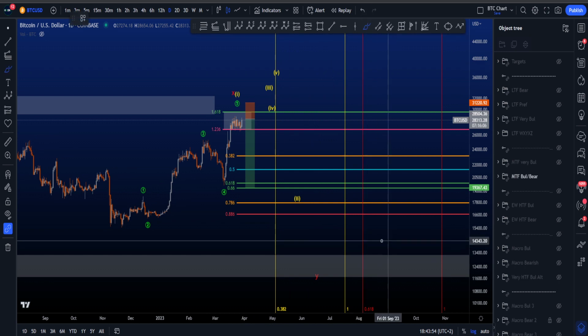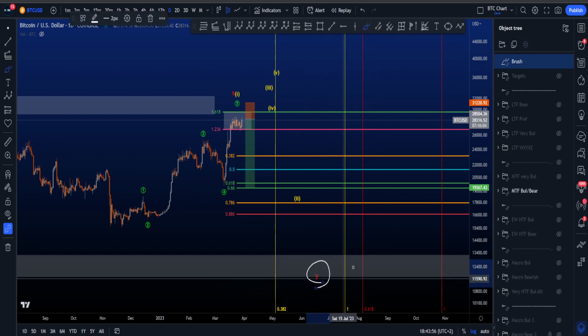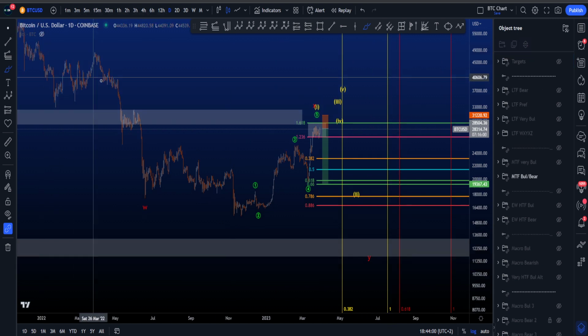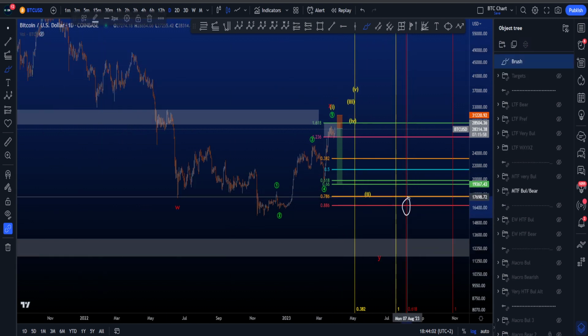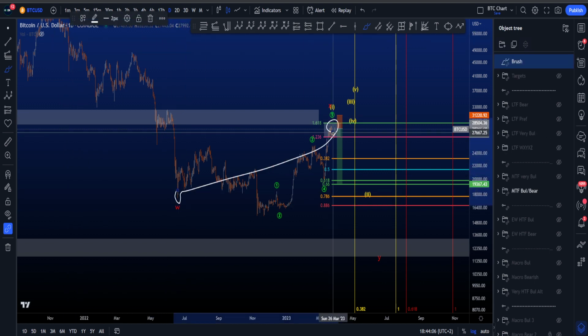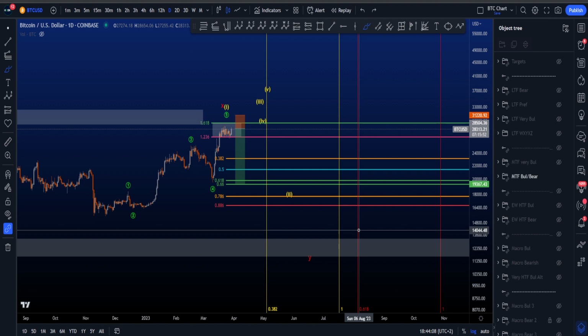Time-wise, it will take a lot longer, because you can expect wave Y to take at least 0.618 time compared to wave W. So these fib times over here are taken from the all-time high to the low of W and then put on top of wave X. And the 0.618 at the moment is the 5th of August this year, with the 1-to-1 being the 28th of